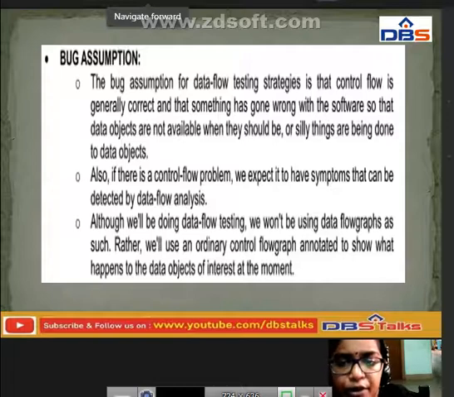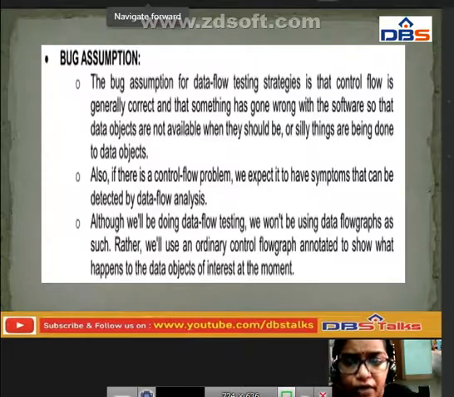First of all, you have to check whether you are using the data flow graphs as such or ordinary control flow graphs while doing the bug assumption. These are the basic things we are using.